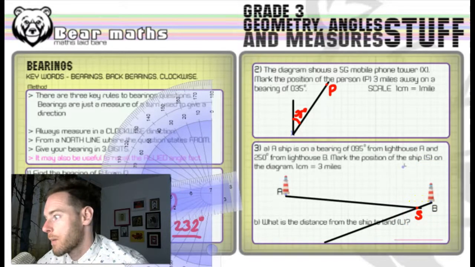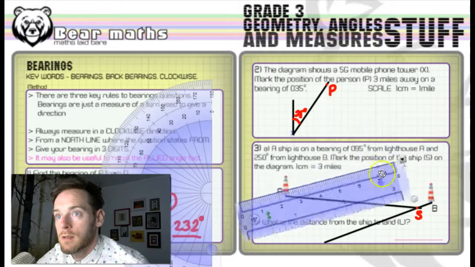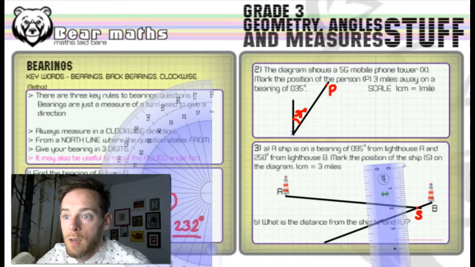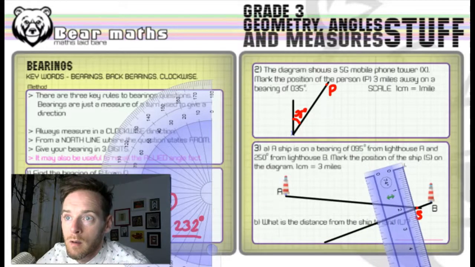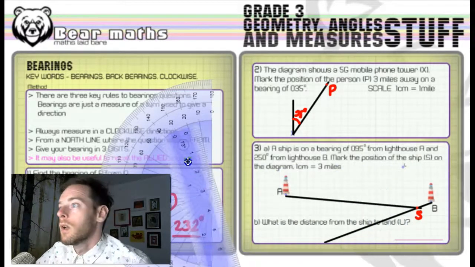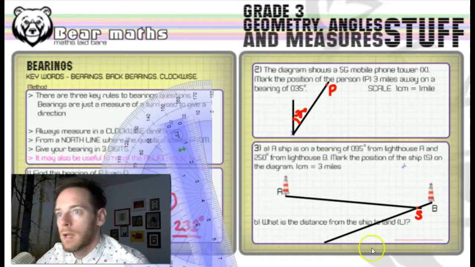The last thing that remains is for question B: measure the distance between land and ship. You can see that that is 2.2, we'll go with 2.2 centimeters. So let me get my pen back. If that's 2.2 centimeters,